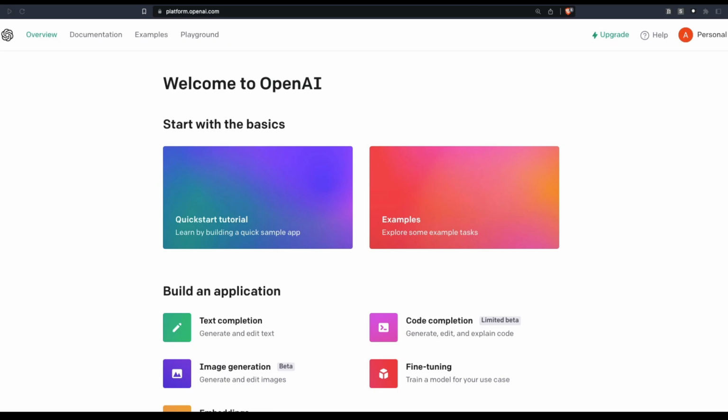OpenAI has got a playground where you can play with the ChatGPT model, and that is what we are going to see in this video: how you can use the latest OpenAI playground to play with ChatGPT. If you want to test the ChatGPT API, first you need to have the required credits. If your credits are 0, this will not work, but if you have credits, go and click playground when you log